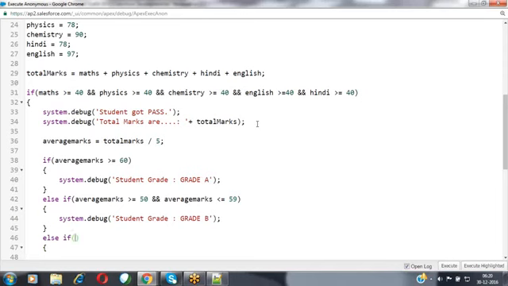Here I'm verifying one more condition. If average marks is greater than or equals to 40 and average marks less than or equals to some 49, at that time I want to show that result as grade C.